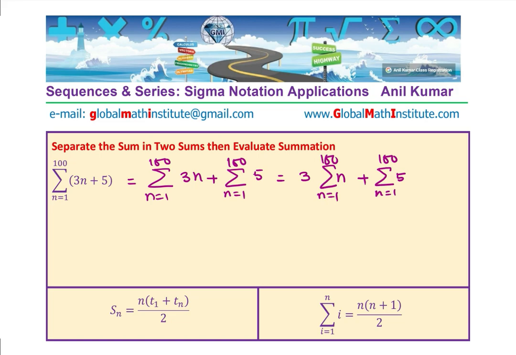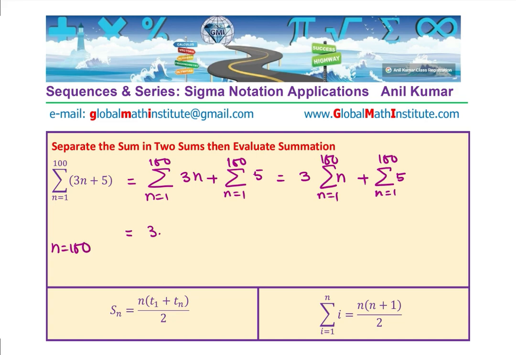Okay, so now we can write down the sum. So the first term will be 3 times the sum of first n numbers, which is n times n plus 1 over 2, and we are writing the formula, right? Plus 5 times n. Now in this case, n is 100, right? Well, we are going up to 100. Since n equals 100,